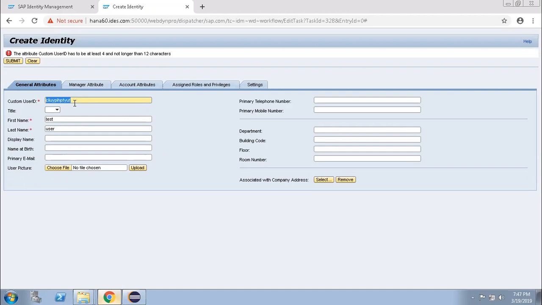Correct? I cannot submit any form during user creation which has more than 12 characters. Second, suppose I create a user ID with fewer than 12 characters, but the user ID is in small letters.